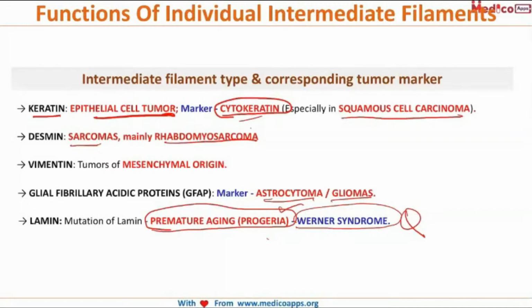Now Desmin, we have seen that it is present in the muscles. So any sarcoma, the marker is Desmin, especially rhabdomyosarcoma. Now Vimentin is present in fibroblasts. We have seen that. So any tumor of mesenchymal origin is Vimentin. Then glial fibrillary acidic protein, as the name suggests, glial tissue. Most importantly, astrocytoma, then glioma, right? With respect to lamin, any problem with lamin, that is mutation,